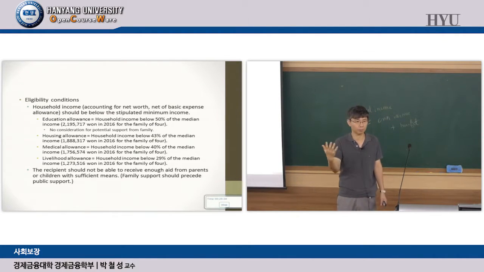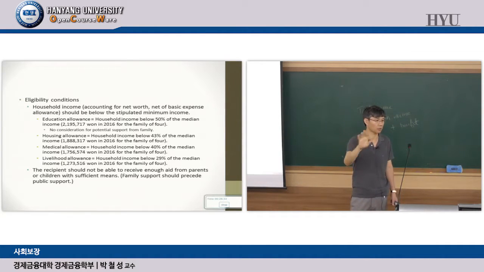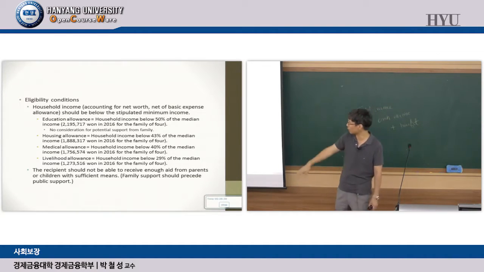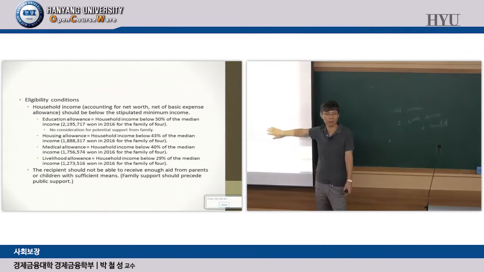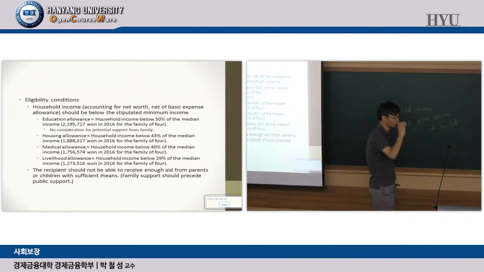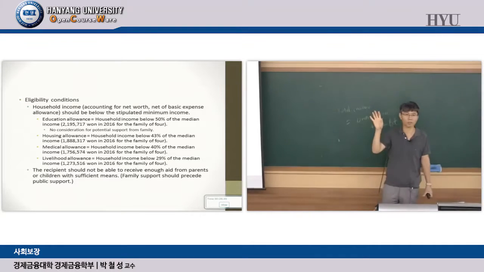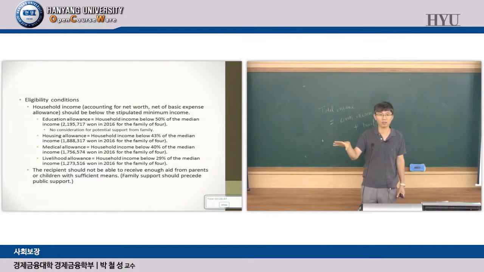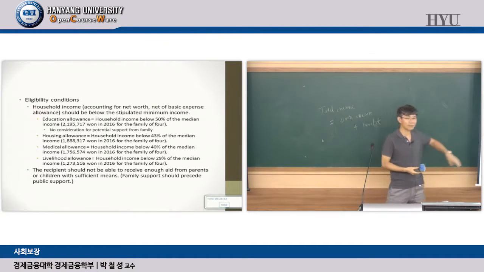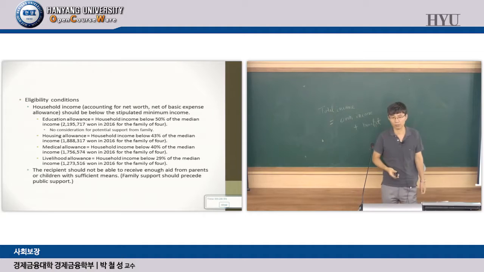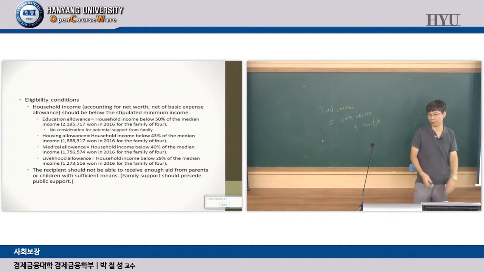Let's say the mother and father are elderly, so they don't work at all, or work only some. So their income is way below this level. But it turns out that their children are quite rich. Let's say the children make a large sum of money, their income is pretty high. Then what the rule says is the elderly parents would not get the benefit.